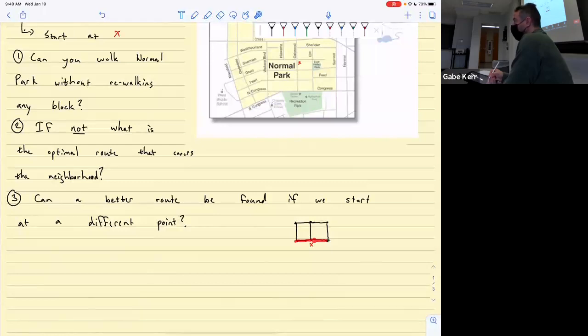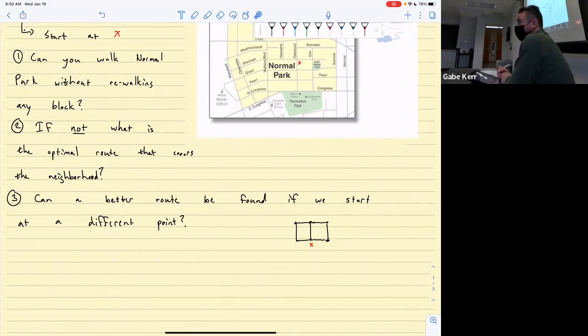If I come back to X, I'll have to leave X, because I'll have missed this one. So if I come back along here, I'll have to leave along there. But now I've used all three blocks connected to the starting point. So in order to get back to X, I'll have to retrace some steps. Similarly, if I left here and came back this way, I'd have used all three blocks. The point is X is connected to three streets, and three is not an even number. That actually prohibits me from being able to do this. We'll see that.